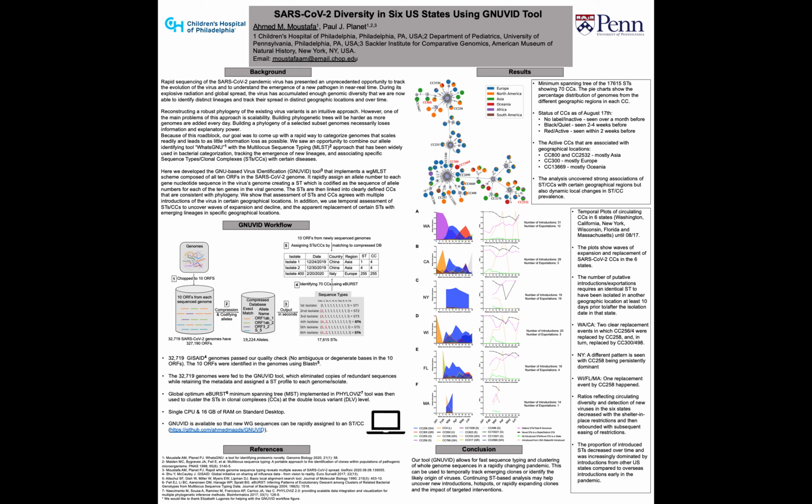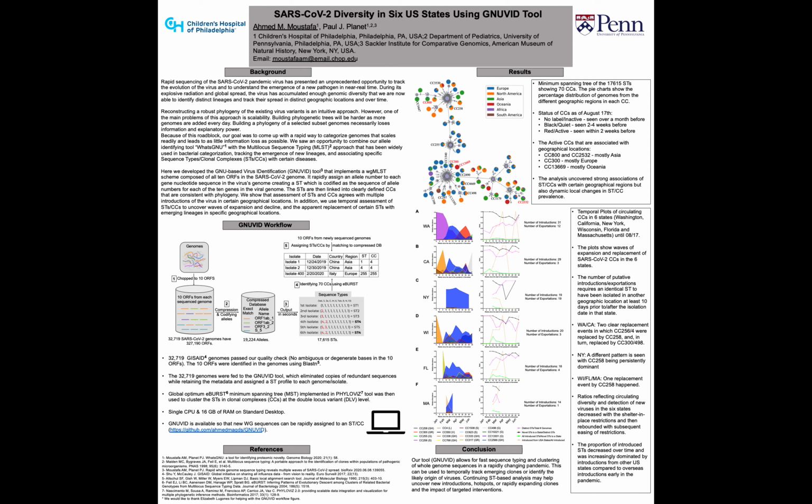to the compressed database. In figure number 1 here, we can see a minimum spanning tree of the 17,615 sequence types, which shows 70 clonal complexes, and the bar chart shows the percentage distribution of genomes from the different geographical